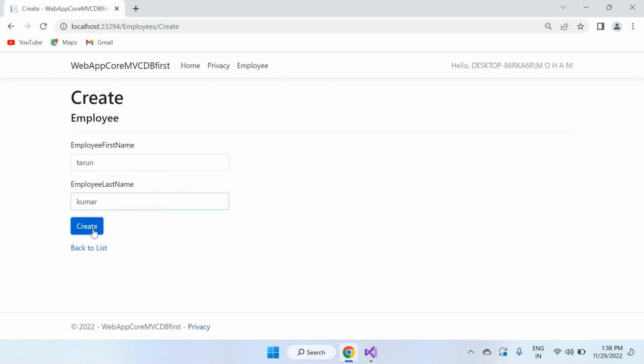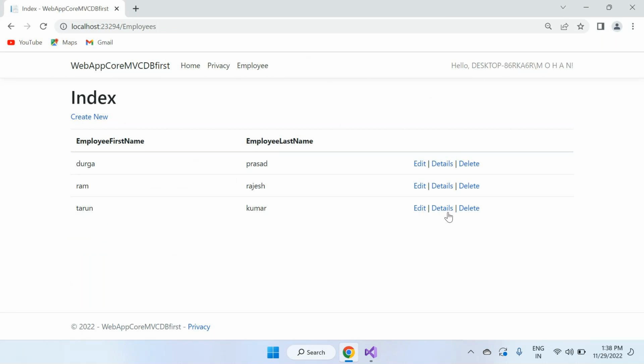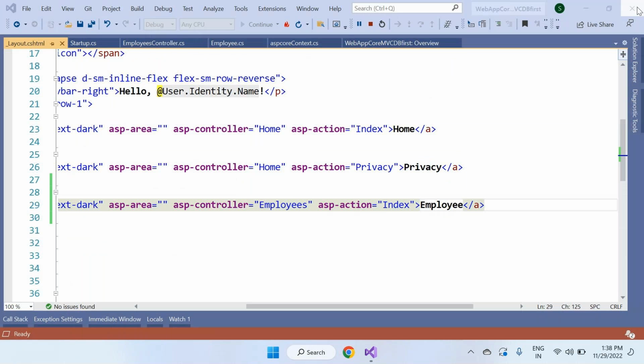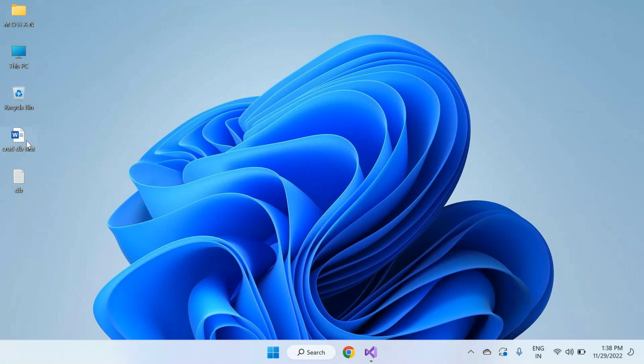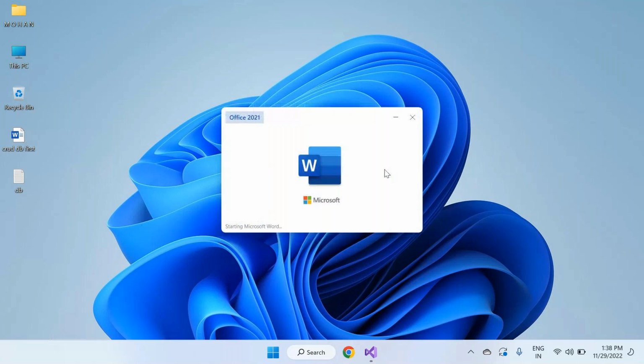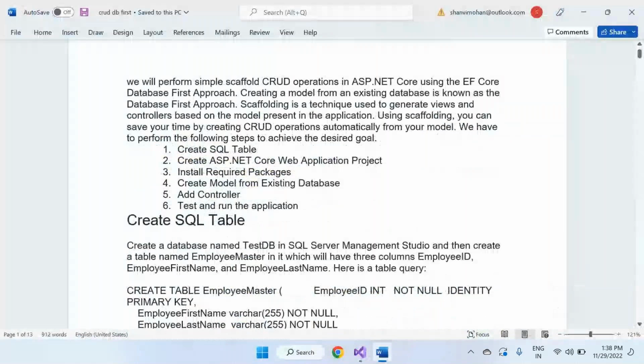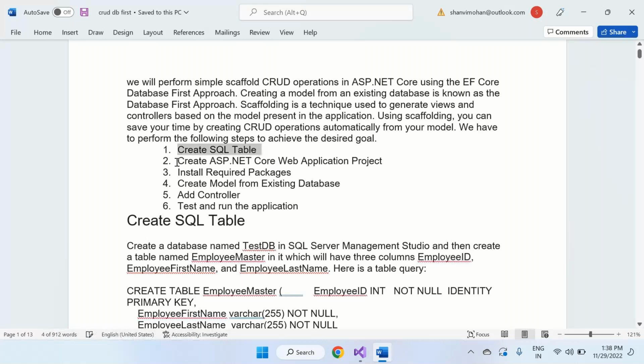This is about ASP.NET CRUD operations using Entity Framework Core with the database first approach. So what I did first, sir, as the first step, I created a database by going to SQL Server. So here I have clear documentation. This documentation I'll send to you. So first I create a table, and later I create a new ASP.NET MVC application, and I install two required